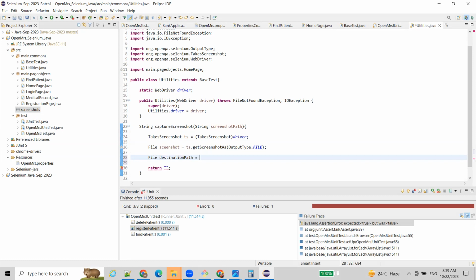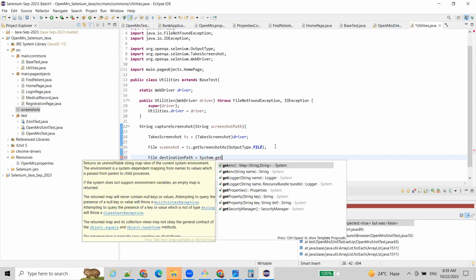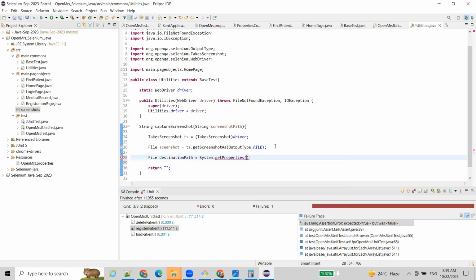So we have System.getProperty to get the current path, the user directory. User.directory, getProperty one. Okay, so from here,